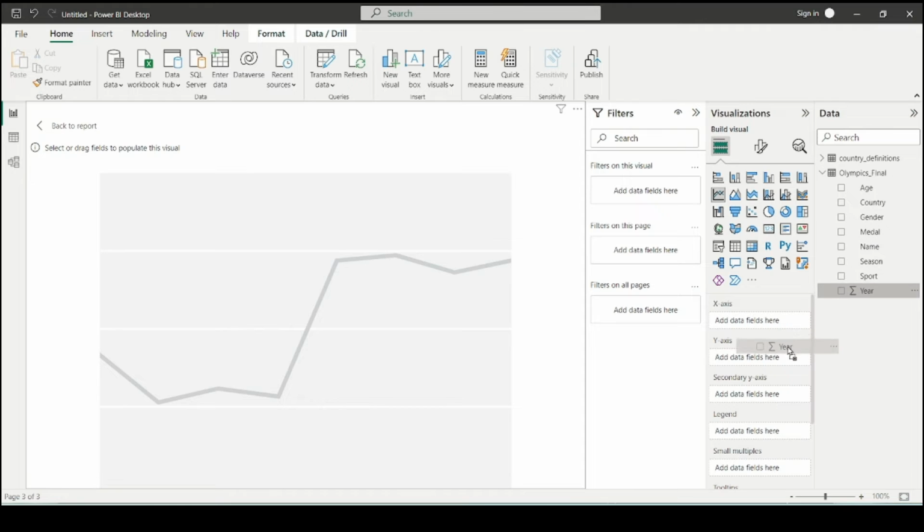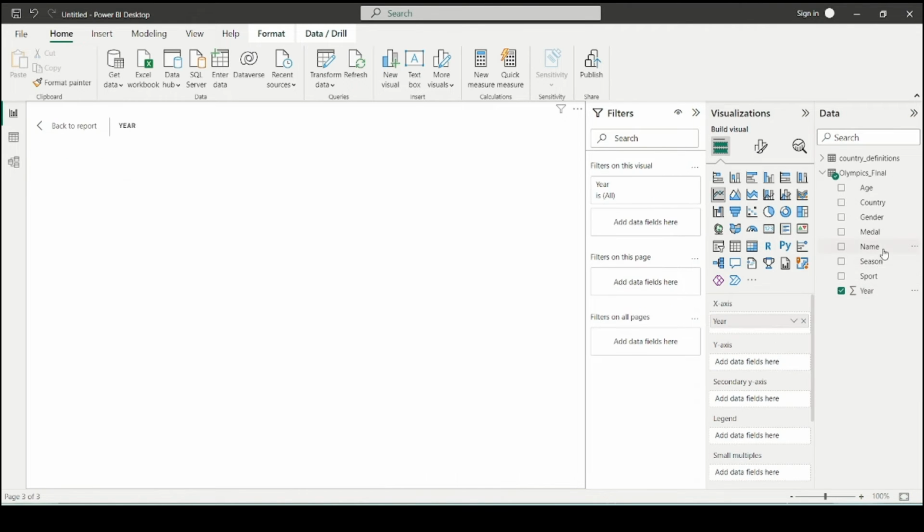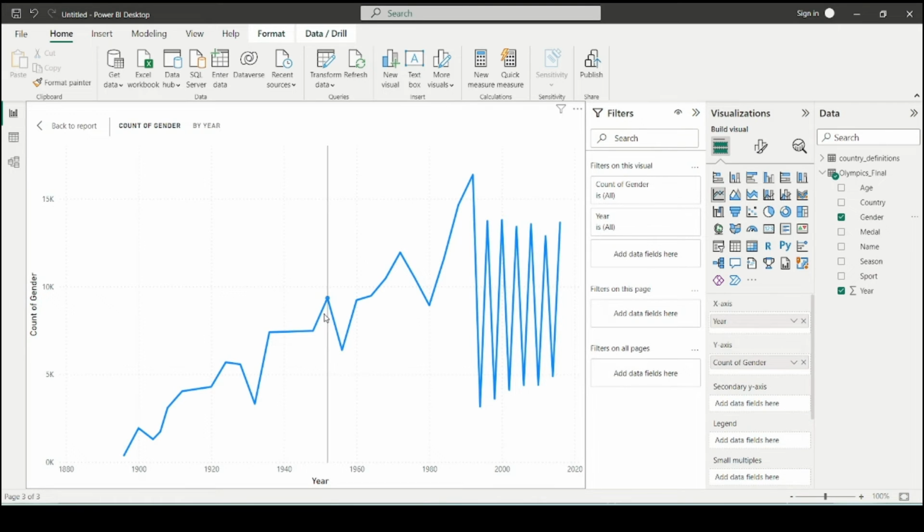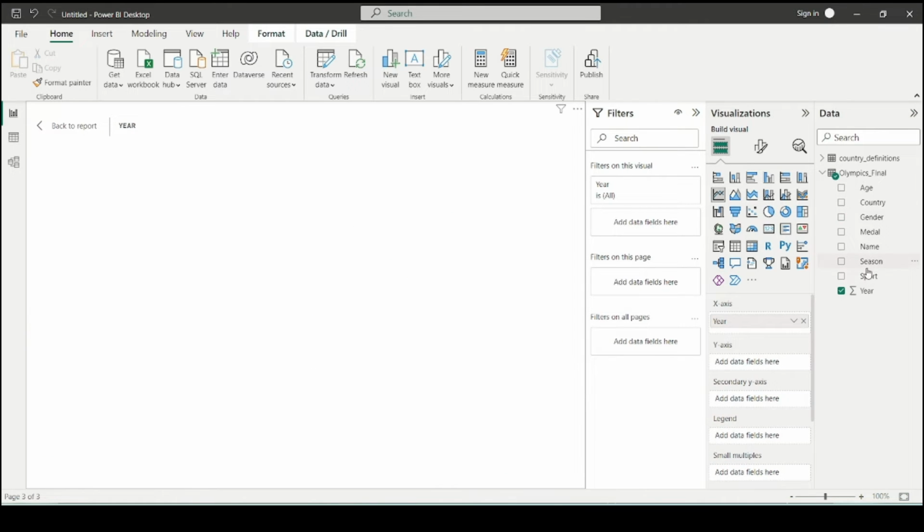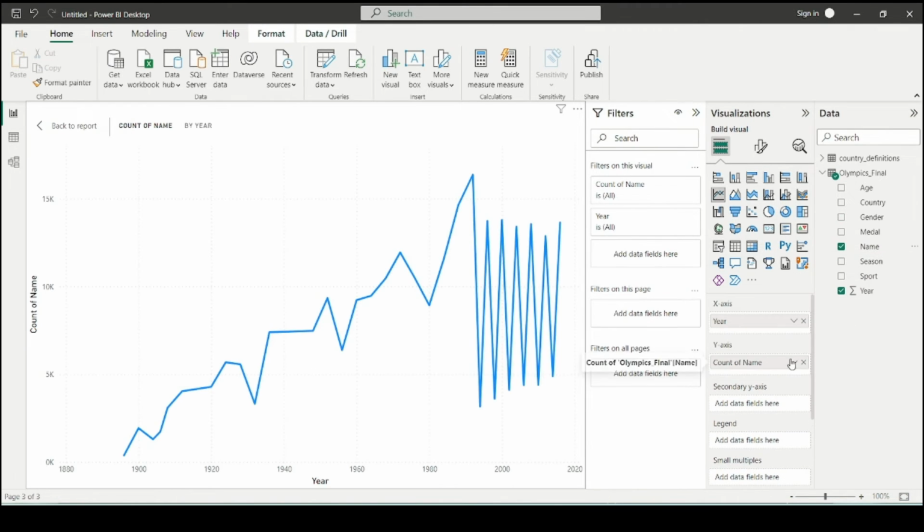So we should drag year to x-axis and gender to y-axis, right? No, we want to show the count of name, I mean the count, the number of people or the number of participants. Okay, the count of name here in y-axis, and